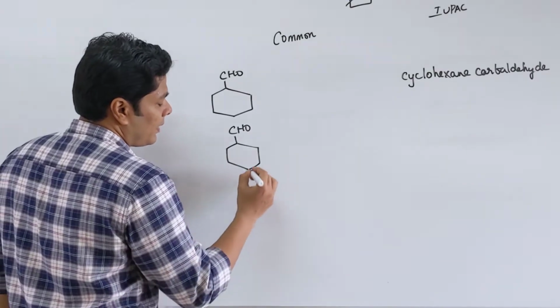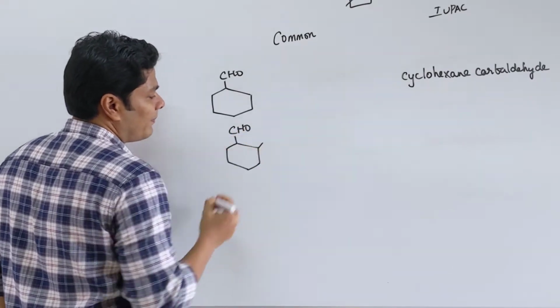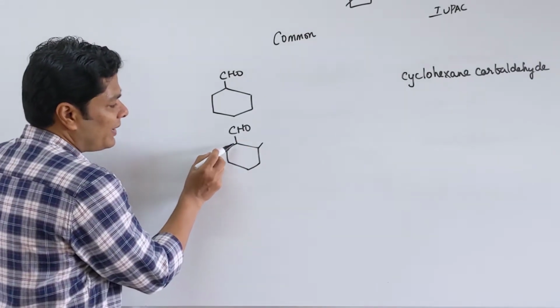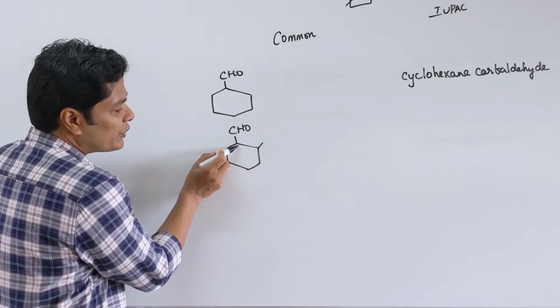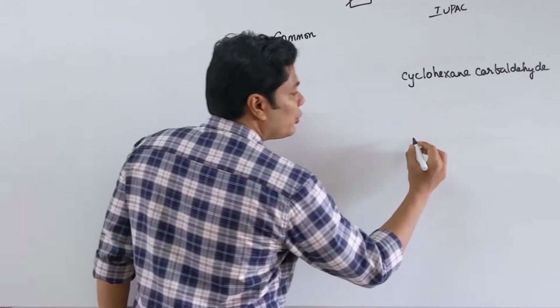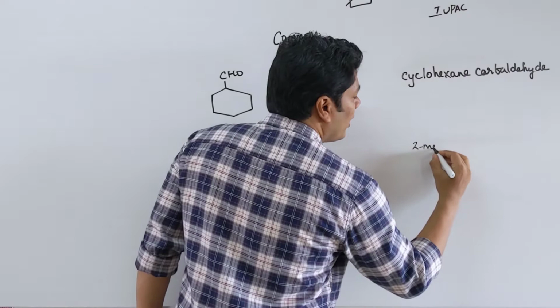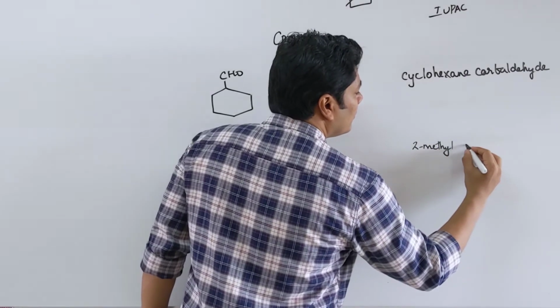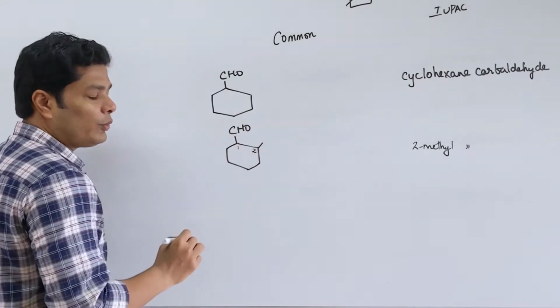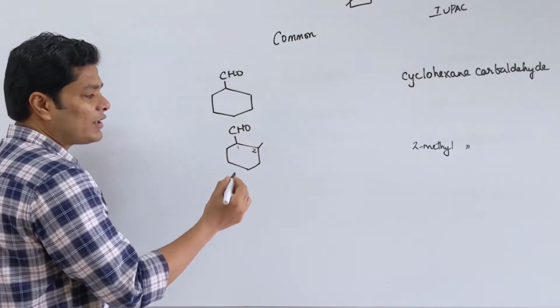let's put a methyl group somewhere here. So let's go to IUPAC. So according to IUPAC, the carbon attached to CHO is carbon 1. So this is carbon 1, this is carbon 2. So at carbon 2 I have 2-methyl cyclohexane carbaldehyde. Here what we do is, in common name we don't want the numbering as 1, 2, we want